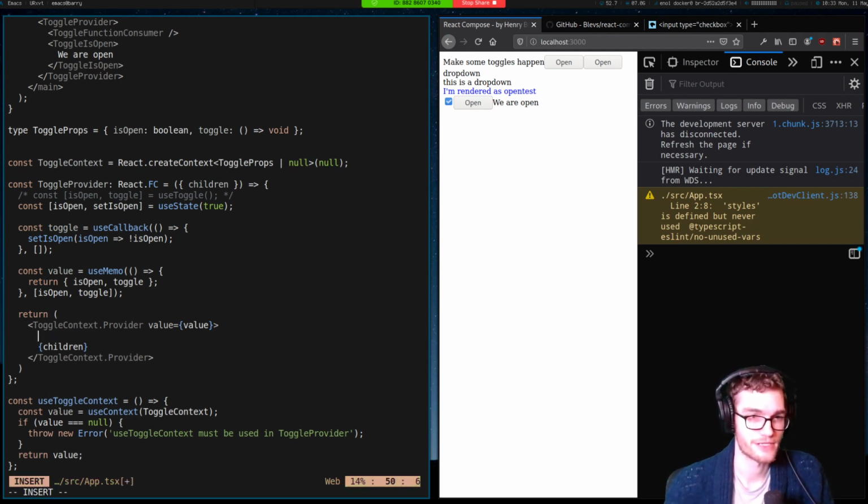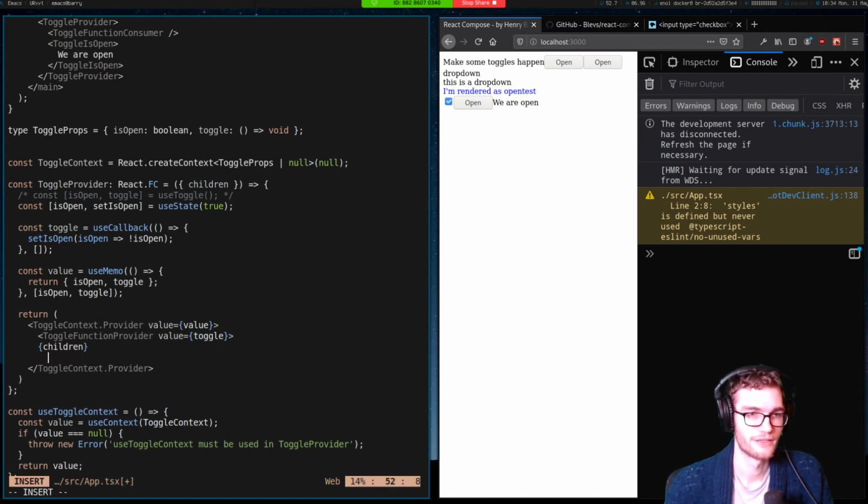We could do something like toggle provider. This is where my naming is really starting to get poor. But we could call this toggle function provider, and it could have a value that is just the function toggle, right? And we can just wrap our children up in both of these. We don't have to create more than one toggle provider, our nice wrapper component. Instead, we just split the context,